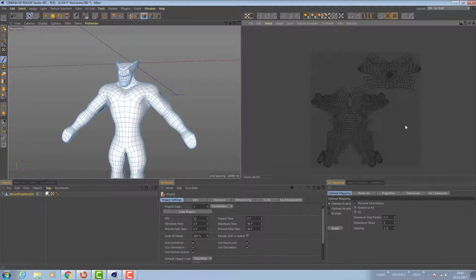So I hope that you've learned something from this, and you can see here that there's no need to split this head in half down through the center here, because you are going to get some pretty nasty seams going through there. All the seams that I have been selecting are seams that are quite well hidden in places that you're unlikely to see when your character is either animating or doing general